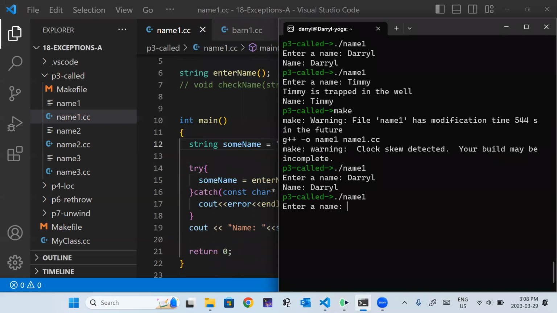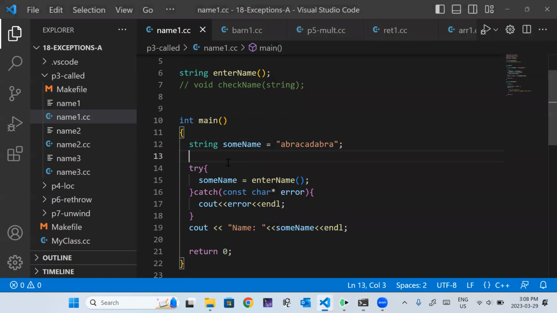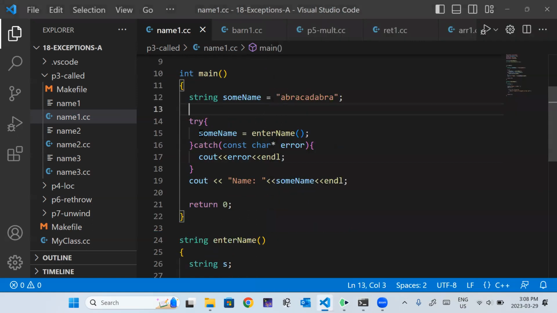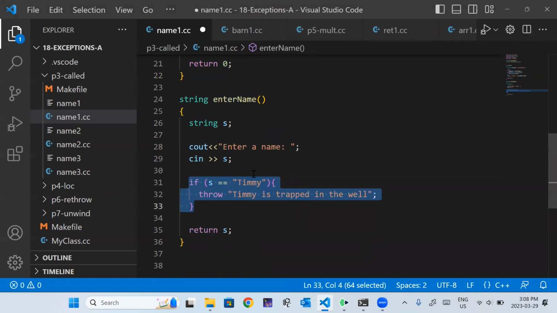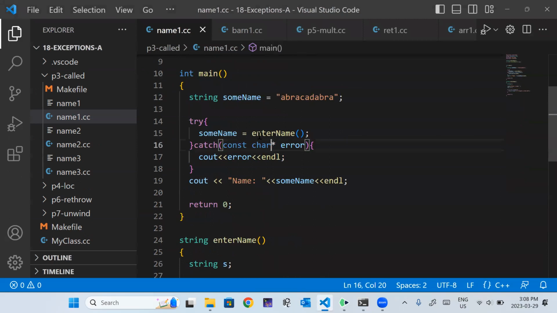So it still works with me, but Timmy, he's always in trouble. Timmy's trapped in the well, but now this name variable never got initialized. So this is still abracadabra. So in my try block, I call this function. When this returns a value, then I execute this assignment. In this function, I throw this error. So then it abandons this piece of code altogether. It catches it here, and some name never gets initialized.